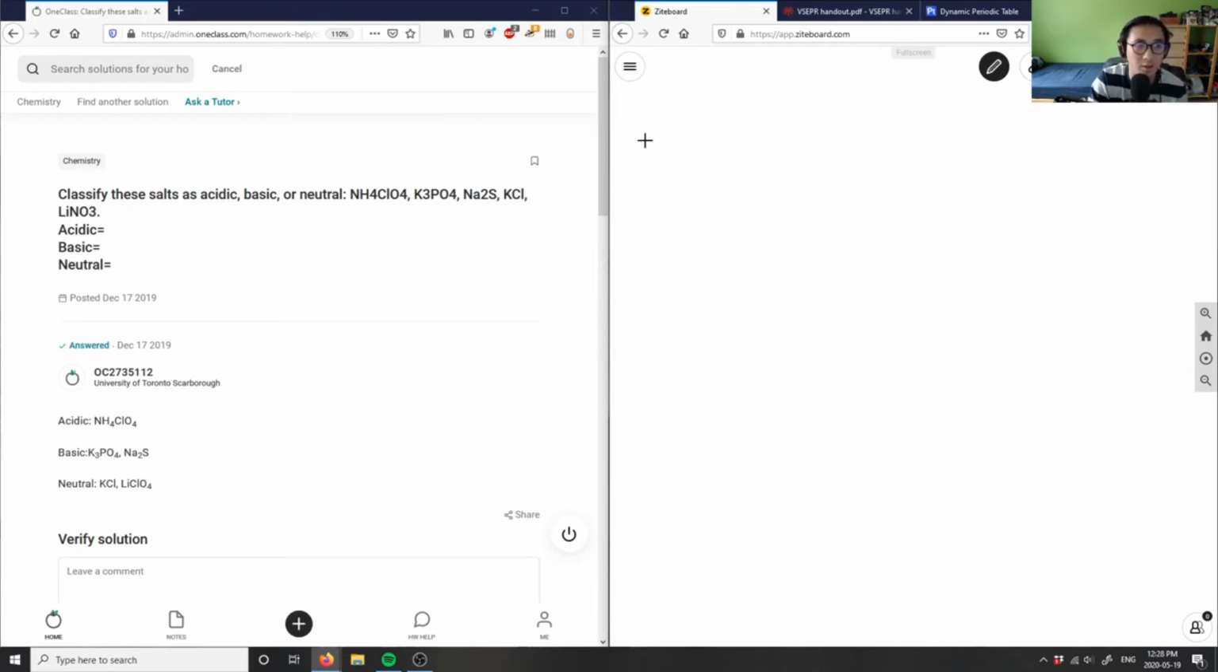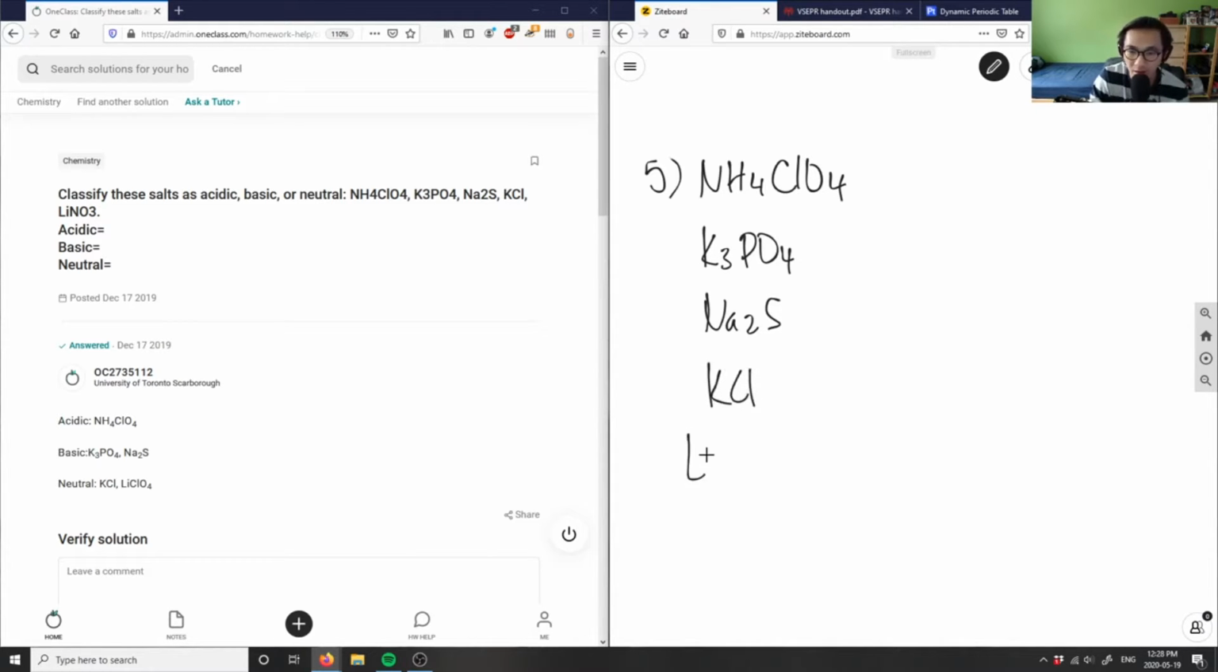So this again, classify these salts as acidic, basic, or neutral. So I have again NH4ClO4, K3PO4, and then I have Na2S, and then I have KCl, and the LiNO3. Okay, so I know that KCl here is neutral because I solved for that in the previous